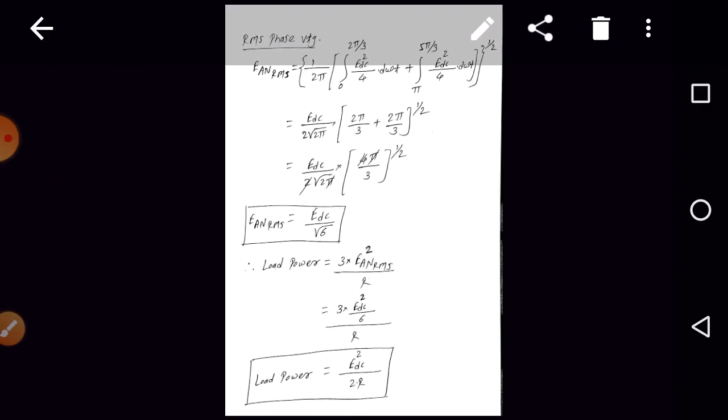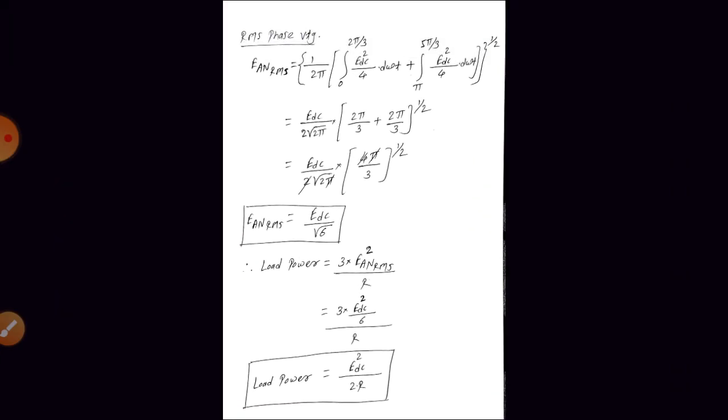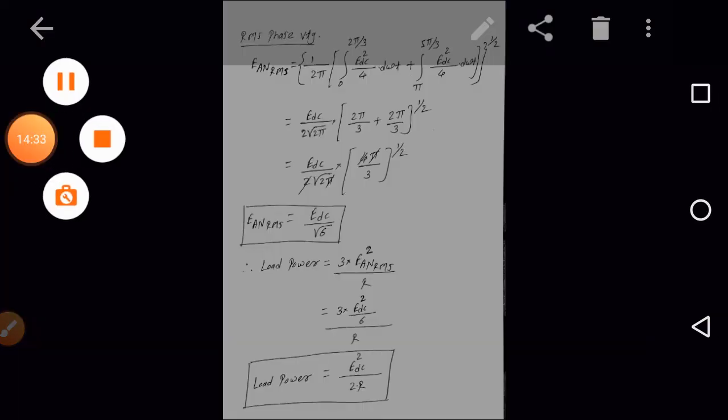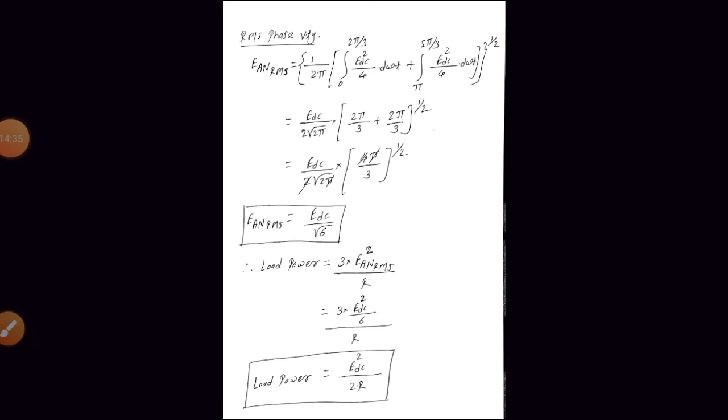Okay, so this is about 3-phase inverter 120 degree conduction mode. Be careful, in 120 degree conduction mode at a time 2 switches will be in the on state. In a 180 degree conduction mode at a time 3 switches will be in the on state, right? Are you getting the point? So this is a major difference. In both types of inverters we are getting non-sinusoidal output but balanced output, right?